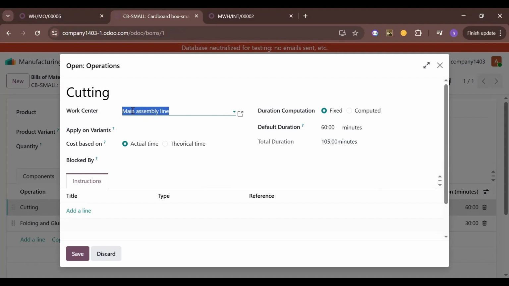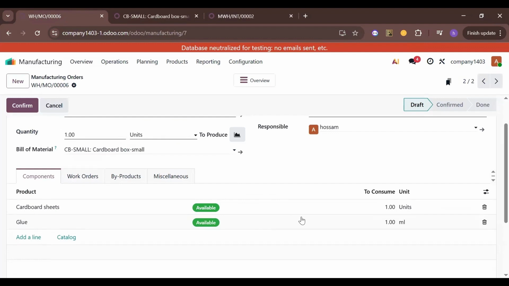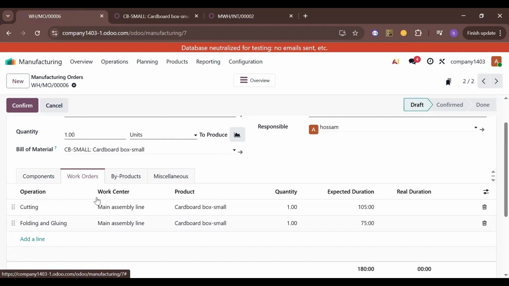So the total time required for the work center is about 45 minutes. Adding to it the 60 minutes that are required for completing this operation itself, the total will be 105 minutes. That's very clear. And that's actually what's showing here in the operations in the manufacturing order. The expected duration is 105 minutes.